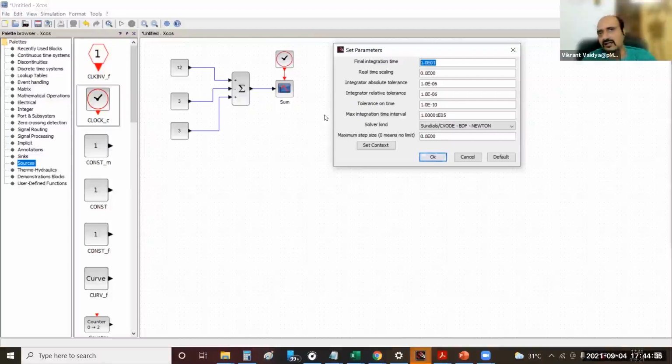But when we are running certain predefined cycles, then the cycle time will be there. Some cycles may go to 100 seconds, 200 seconds, 1000 seconds, 10,000 seconds. So that cycle time, we have to make sure the final integration time is that cycle time, so that the entire cycle runs and nothing else runs. If you have a 1000-second cycle and you put 10 as the final integration time, it will only run the first 10 seconds of that 1000-second cycle.